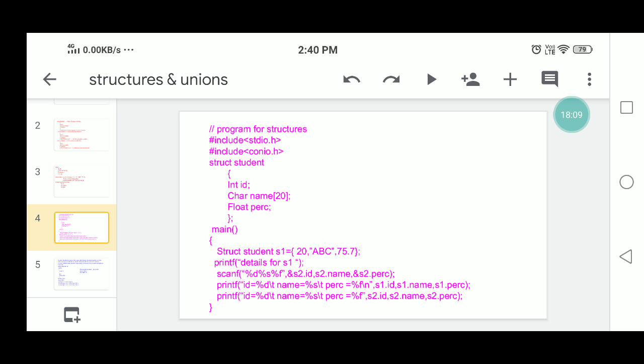So 26 bytes of memory are occupied by the S1 structure, and the S2 structure variable also takes 26 bytes of memory.